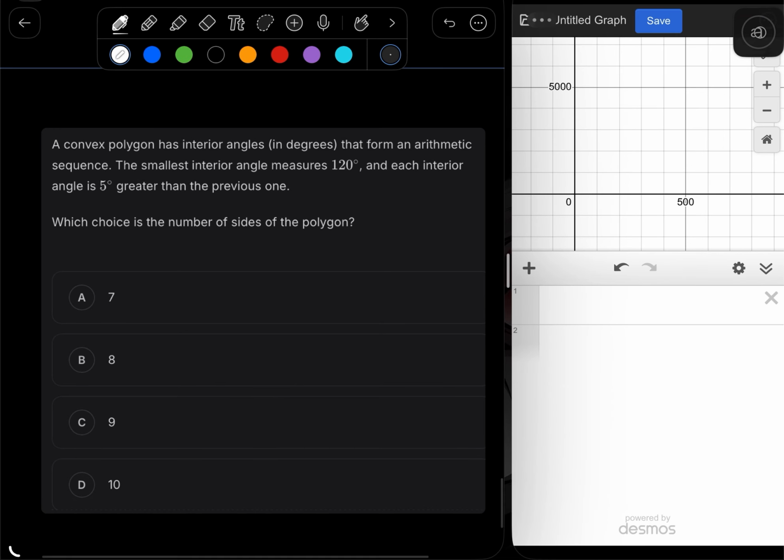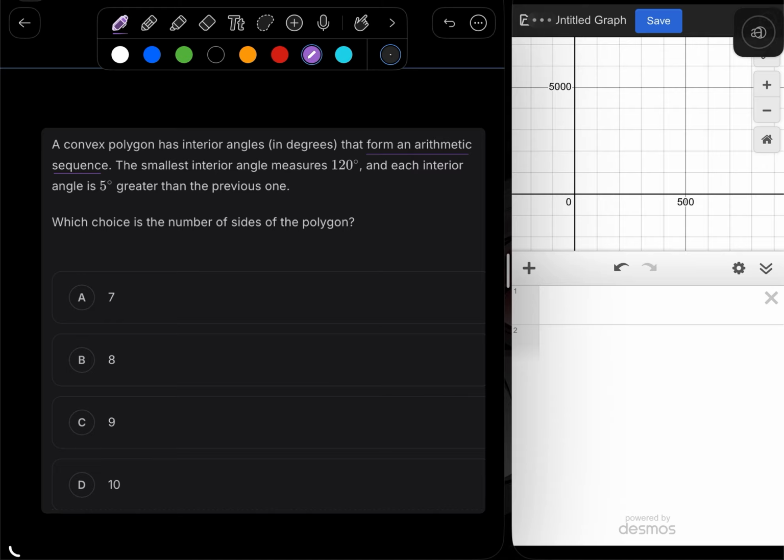So we have a convex polygon which has interior angles that form an arithmetic sequence. The smallest interior angle is 120 degrees, and each interior angle is 5 degrees greater than the previous one. Which choice is the number of sides of the polygon? So, a couple of key things to know here. First of all, these interior angles form an arithmetic sequence,